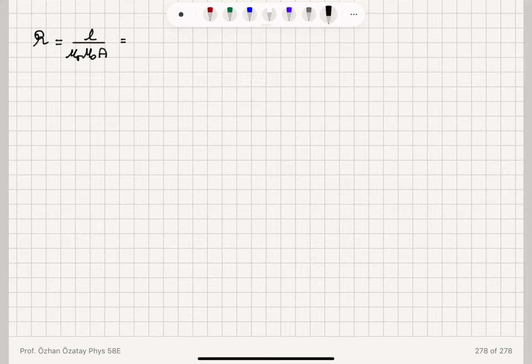So this is basically L, the mean path length, divided by permeability times area. If we substitute the numbers here, we have a mean path length of 1 meter, relative permeability of 1500, mu 0 is 4 pi times 10 to the minus 7 Henry per meter, and area 4 times 10 to the minus 4 meters squared. So this is equal to 1.3 times 10 to the 6